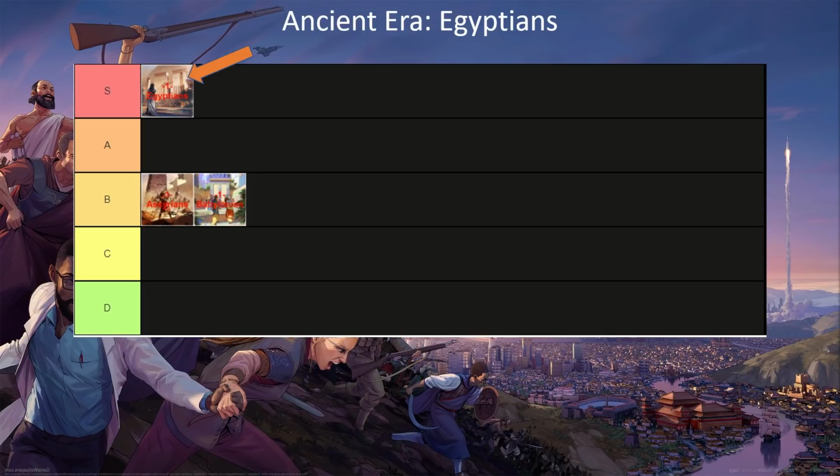Like, you can get out a quarter in like 2 or 3 turns, where other cultures are going to take like 7 turns to get their first district online. So the Egyptians are so good at getting an early advantage over other cultures, and they're so good at transitioning into the next era because of all the bonuses that they get, that the Egyptians couldn't really be anything but